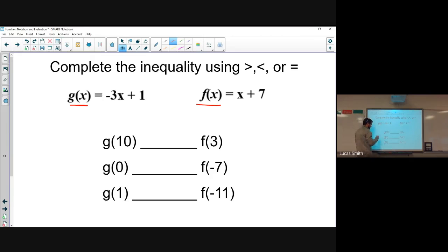So let's do the first one. G of 10 and 3. Right. Make sure I plug the right number into the right function. G of 10, dealing with G. And G of 10, giving the X value. Swap it out for X. Okay, so it's like this. G of 10 equals negative 3 times 10 plus 9. And we'll use 3 times 10 as the